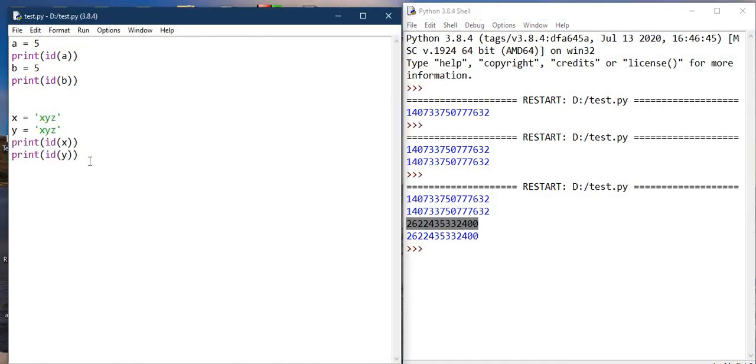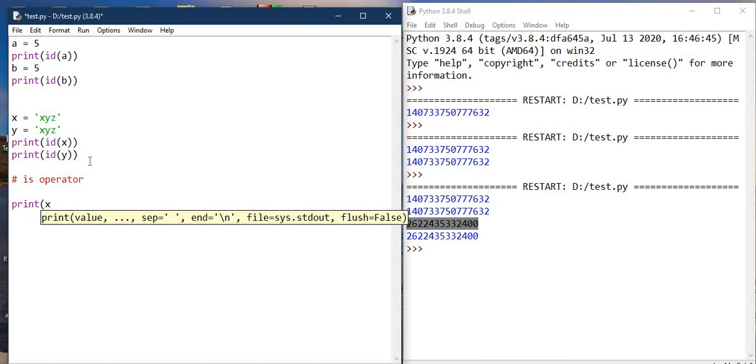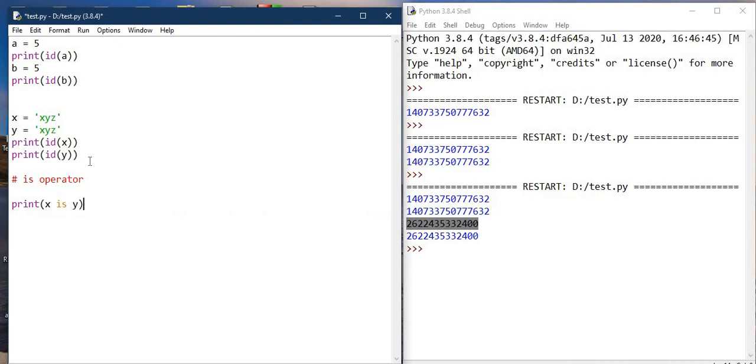Now coming to the third concept, what is the is operator? So what does the is operator do? If we print X is Y, it will return a boolean value.